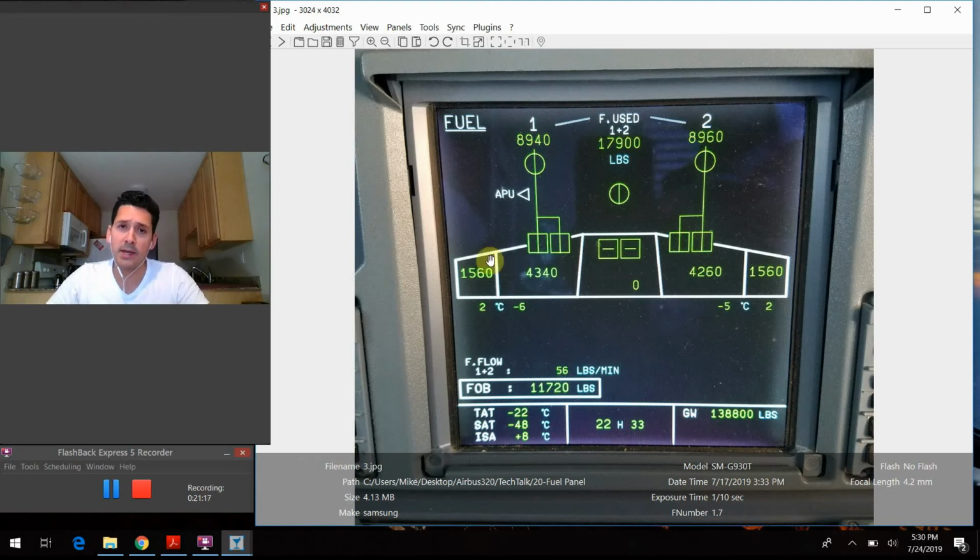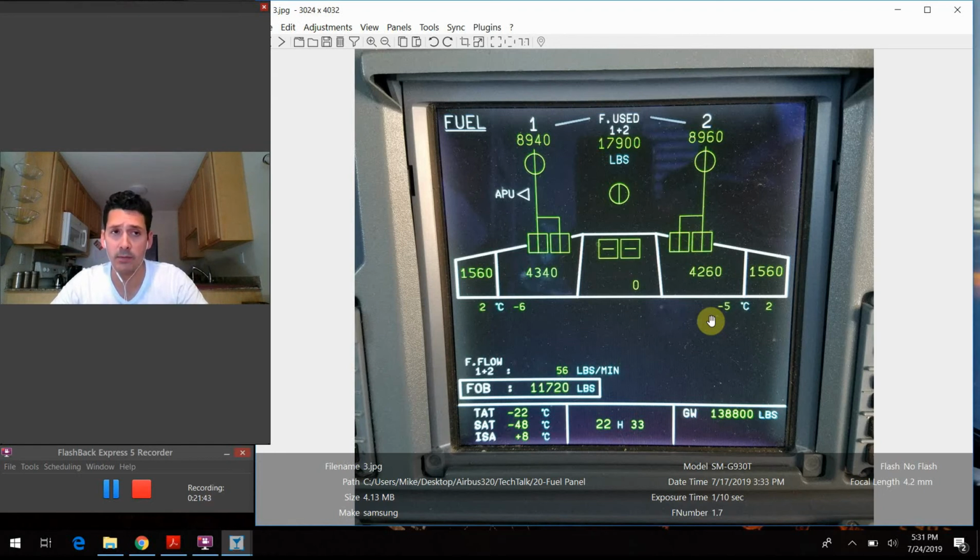Another part of the sensing apparatus that resides in each of these tanks is a probe to measure the density of the fuel, because, like we touched on earlier, if the fuel is a different density, it correlates to a different gallon amount or pound amount. This is all some complex conversion that's way over our head for our normal day-to-day operations as pilots. But if you're curious about how you get a very accurate reading out of each of these tanks,